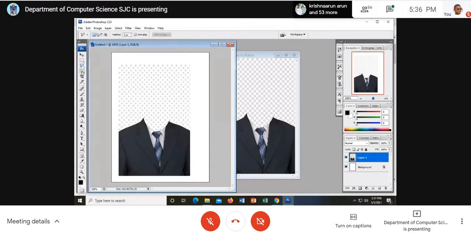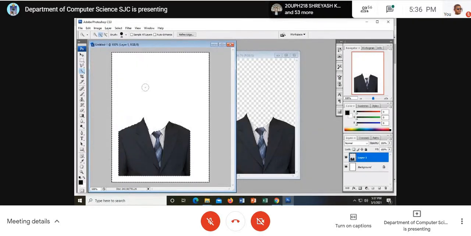When you click and drag, you will have the Quick Selection tool. The first tool that we have seen is the Magic Wand. That will select a single color, or plain color, or same color, right? And the next tool is the Quick Selection tool. I just click once and it goes on and selects the other portion. You will be able to select everything. Just delete it. Now the other portion got deleted.